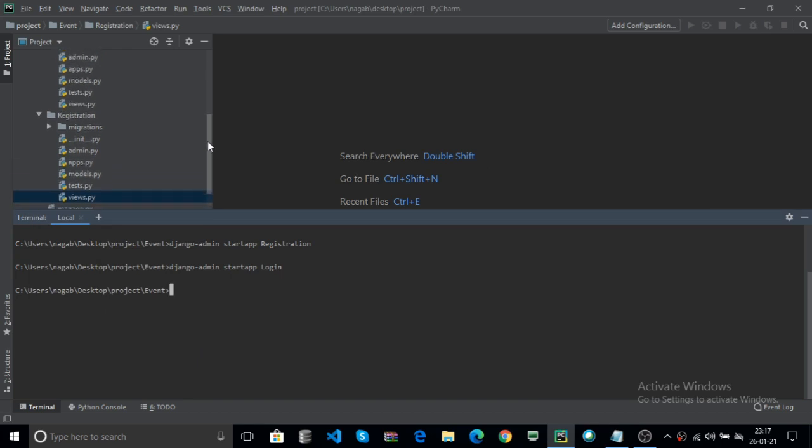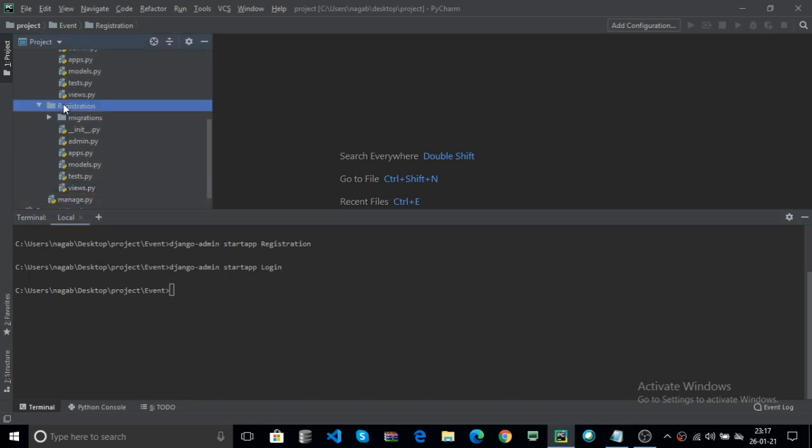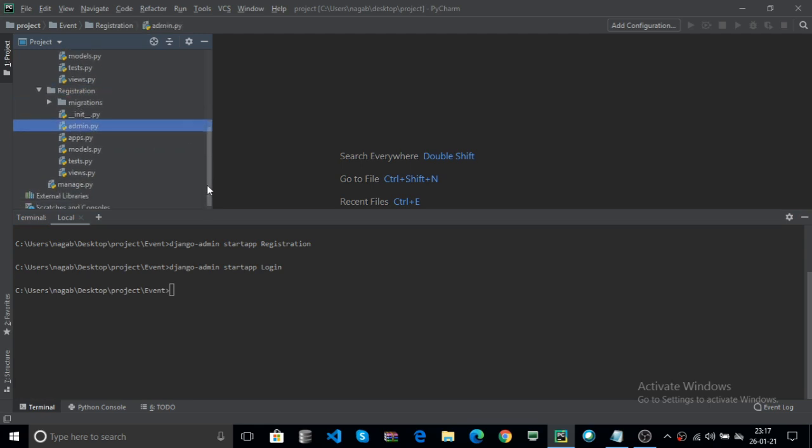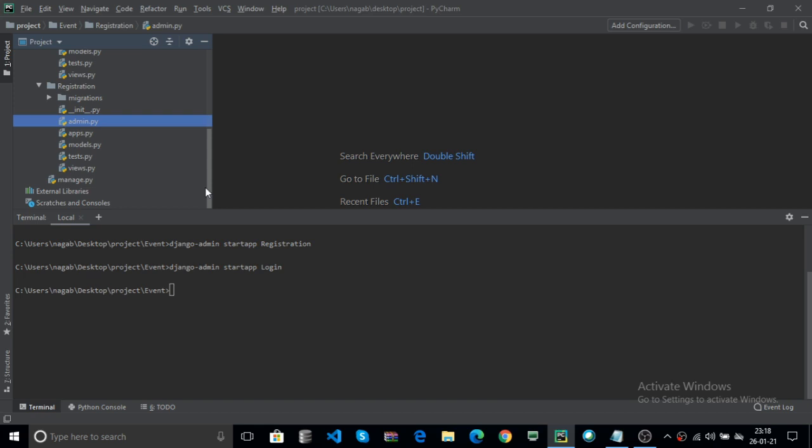Here, for example, the registration package. Here admin.py is used to provide the admin functionalities, for example, registering your app with the admin. Now apps.py provides your app configuration.